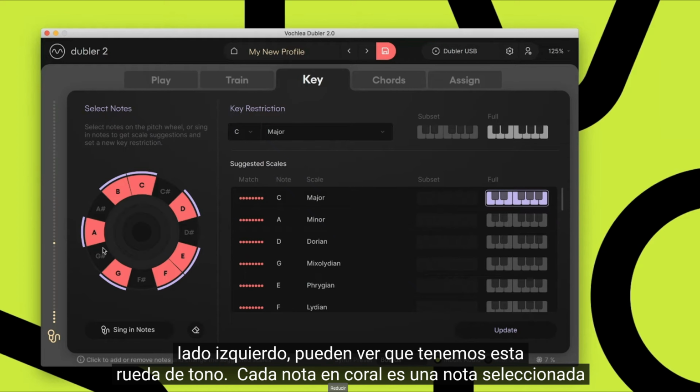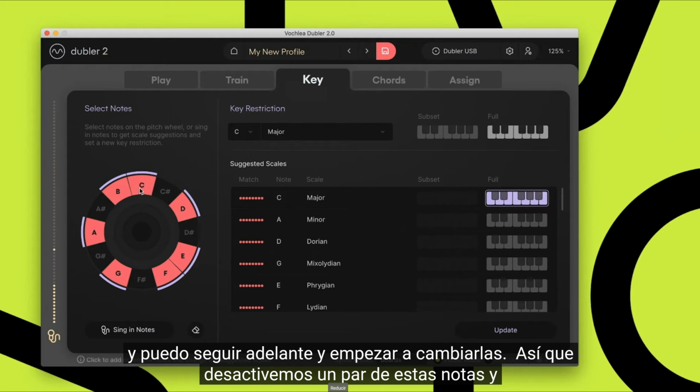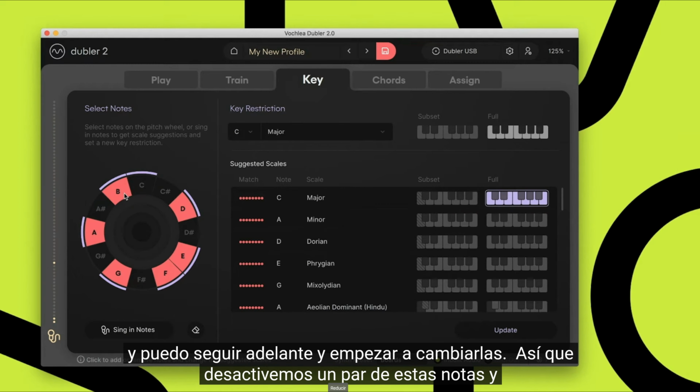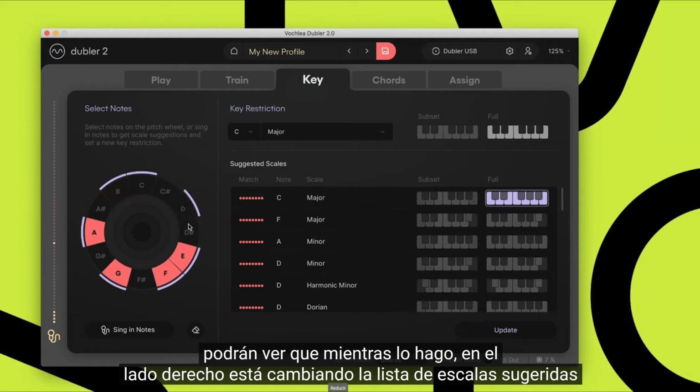So on the left hand side you can see we've got this pitch wheel. Every note in choral is a selected note, and I can go ahead and start changing these. So let's turn a couple of these notes off. And you can see that as I do that, it's changing on the right hand side what the list of